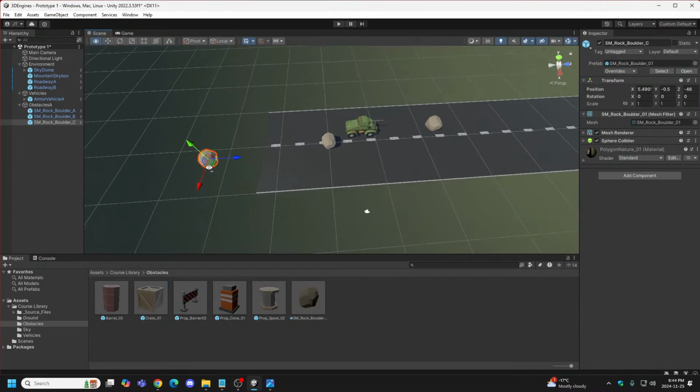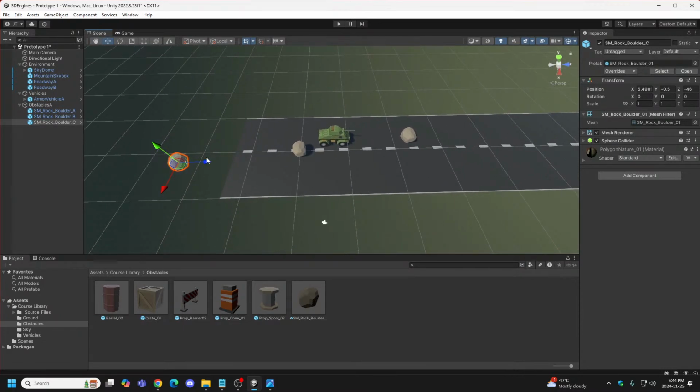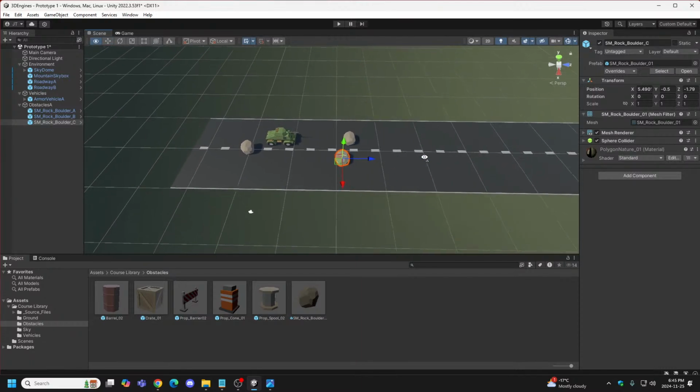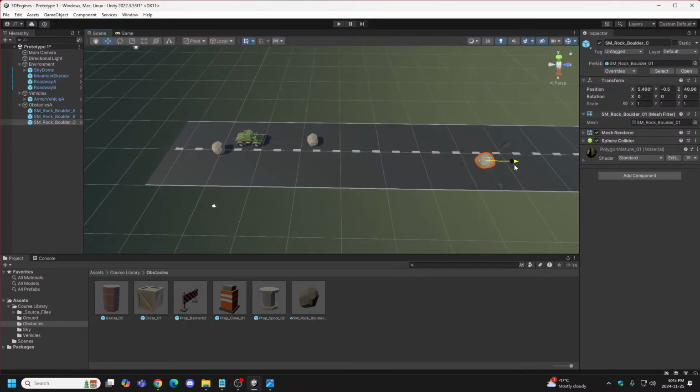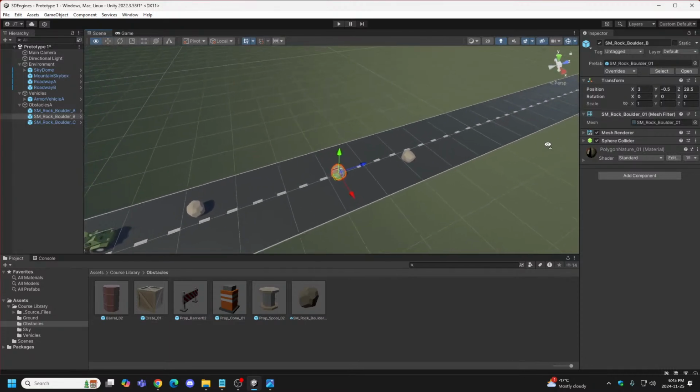There it is. Okay, so we're just going to hold control. You don't have to hold control. You can still move things around. But if you want your stuff to snap to our grid when you move it, you hold control. For now, we're just going to go like this. We're going to put our boulders randomly wherever. Kind of like